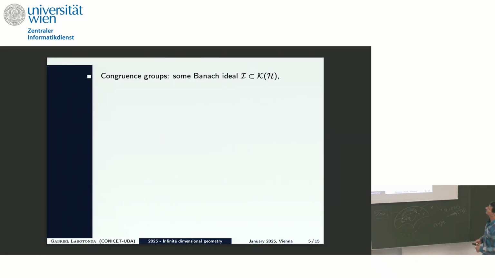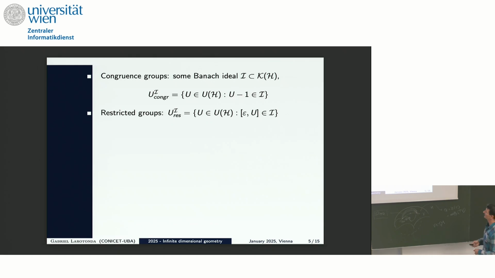Well, now a quick reminder of some different varieties of these subgroups, which are not Banach-Lie subgroups. First, the congruence subgroups, which are defined as follows: just perturbations of the identity by this operator in the ideal. These aren't so popular because maybe they don't have many applications, as I know, for differential equations, but still interesting. And then the restricted groups, where you